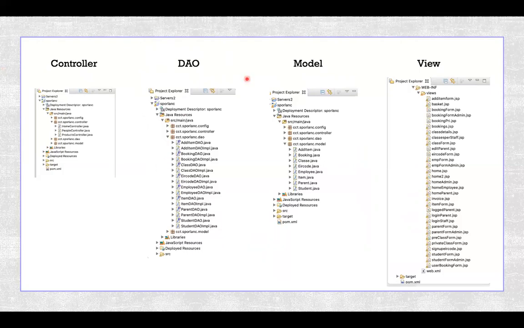These DAOs use models. Models are representatives of the entities in the database. Once this is done, they return to the controller as an object in Java. Then this object transfers the content to the view, which is the client side. All of these are connected by a web container, the servlets that I mentioned earlier, which I needed Apache to deploy.